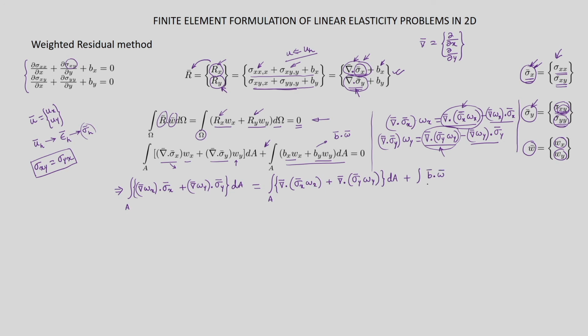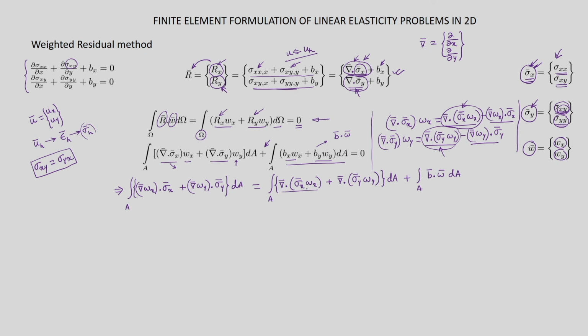So it is b dot w or w dot b, the same thing. Alright, it's fine. So now if I look at this term, because this is a divergence of a vector field sigma bar,